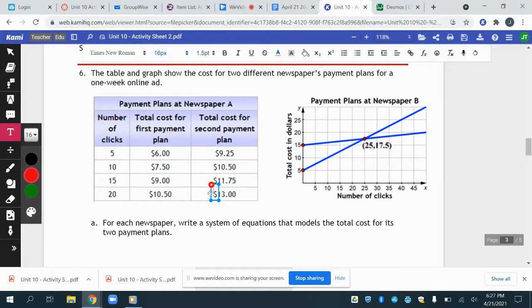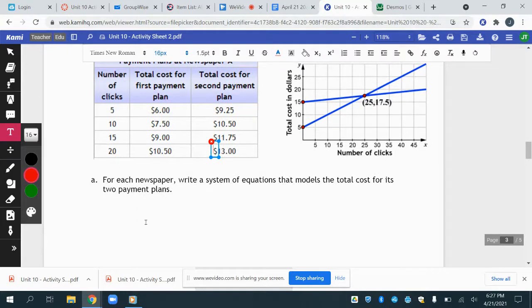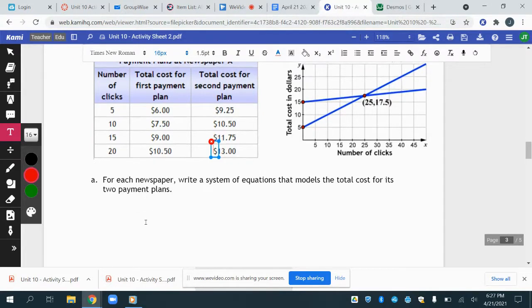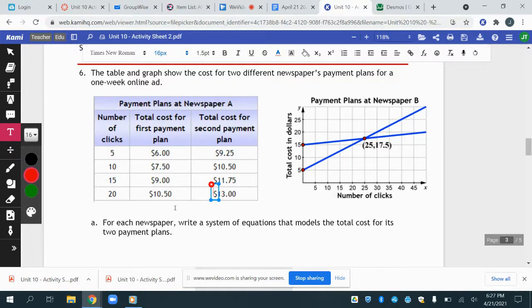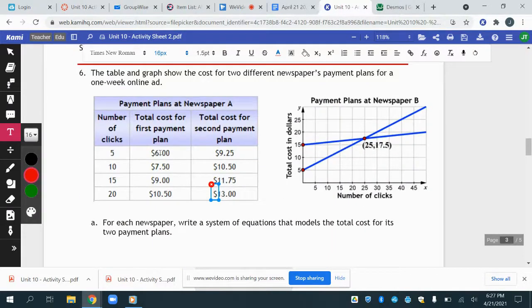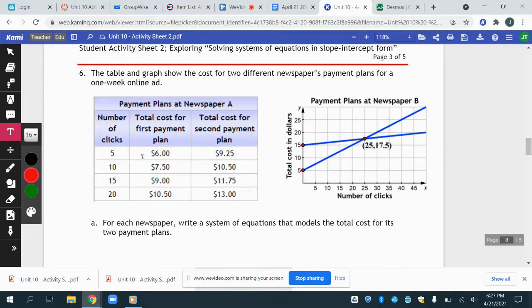For each newspaper, write a system of equations that models the total cost of its 2 payment plans. Oh, I see. So this is payment plan 1 and payment plan 2. I get it now. Sorry, this is the one that only costs $6 if you get 5